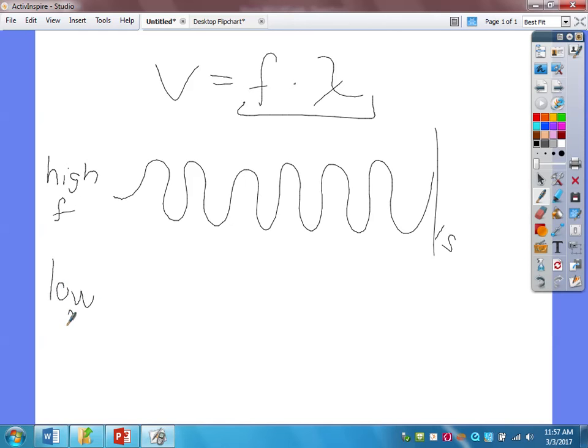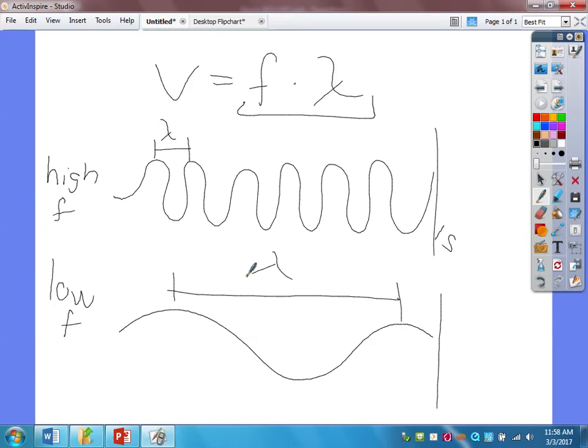Low frequency, obviously, would be something much longer. Okay. What do you notice about the wavelength as you go from high to low frequency? Okay, pretty clear. Frequency and wavelength are inverses of each other. Frequency is inversely related with wavelength. As I increase the frequency, that means more waves are closer together. That means the wavelength is obviously less. Okay, it's not as much space between successive waves itself. So that's one thing I want to point out real quick.